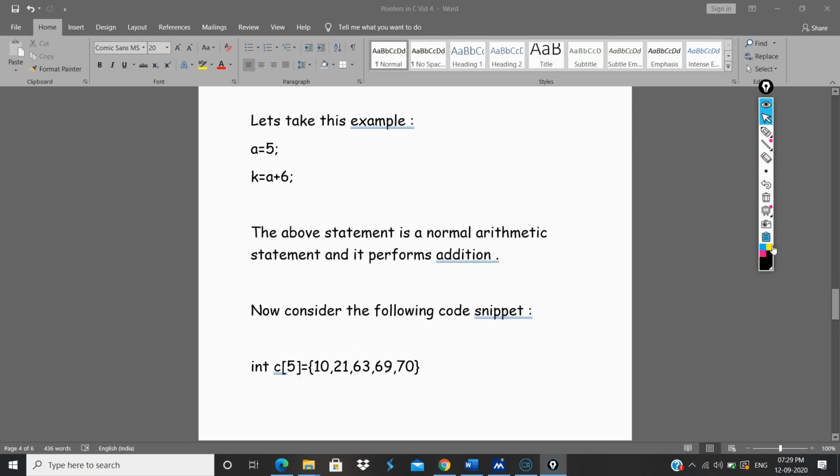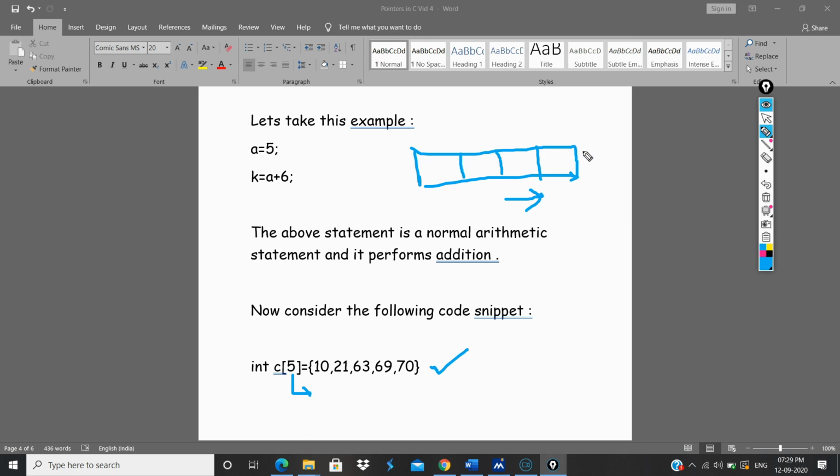So now let's consider this. This is how an array is declared, the declaration of an array. What happens in our memory is that a contiguous memory block is created like this, and this is the size of the array. It will contain 5 elements, 5 sub blocks under one parent super block.